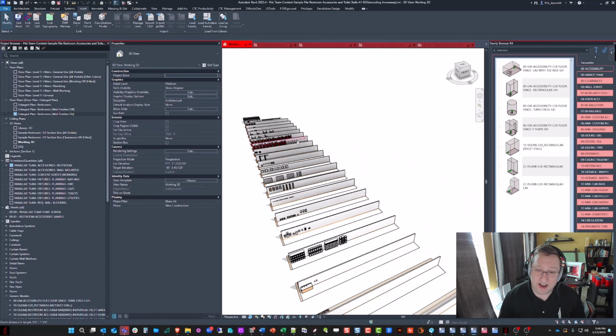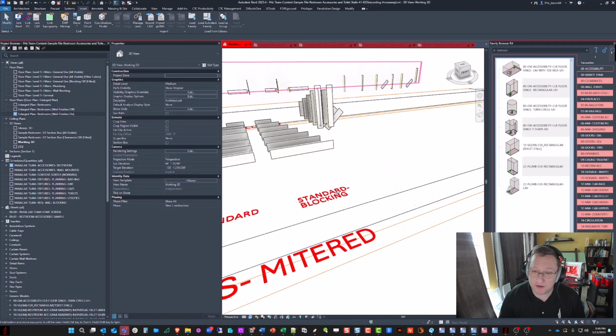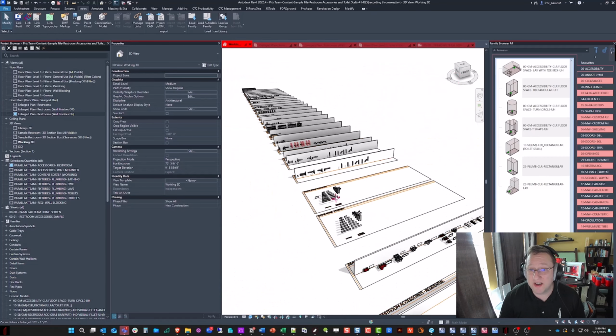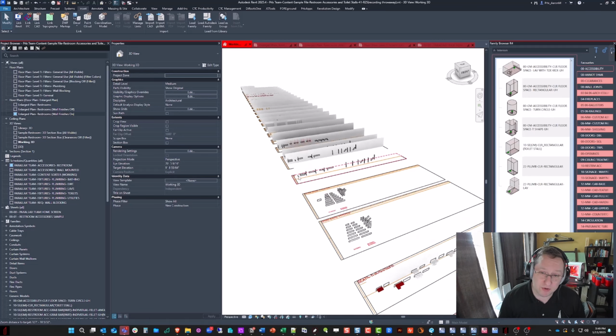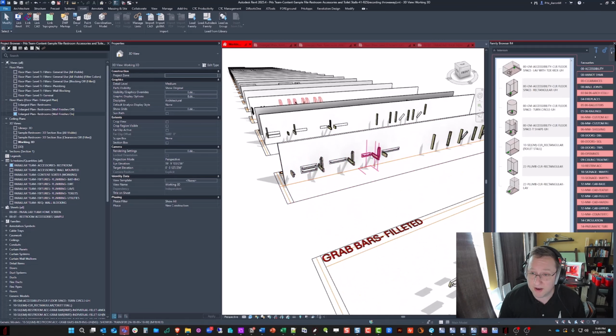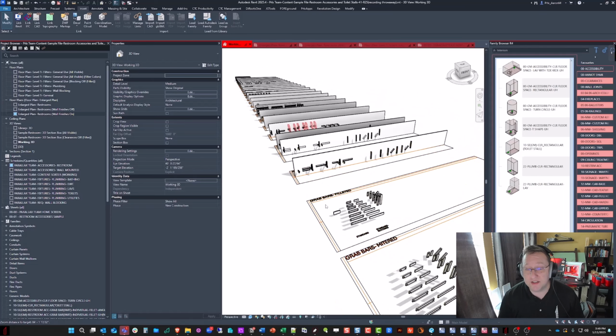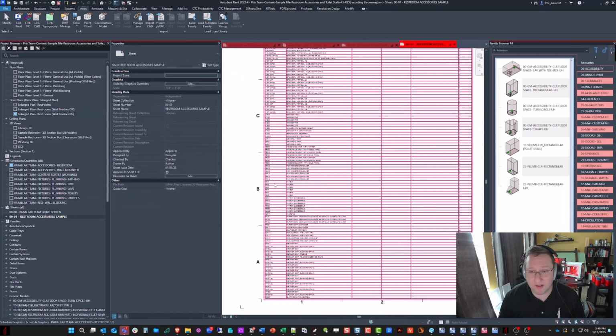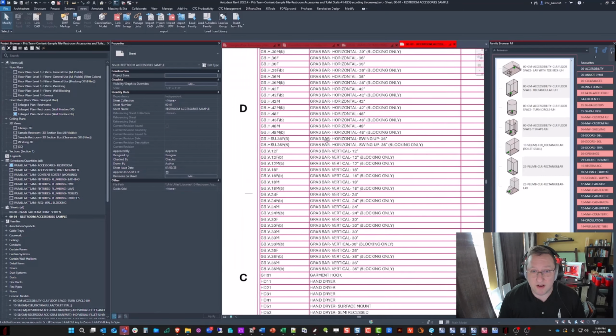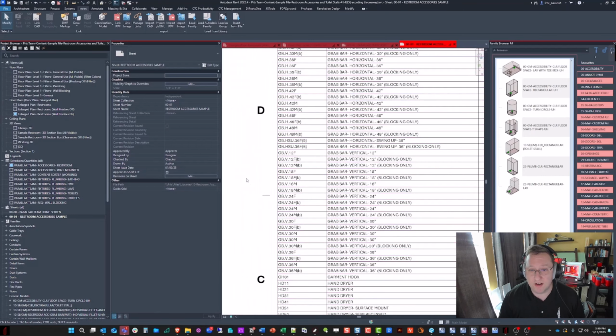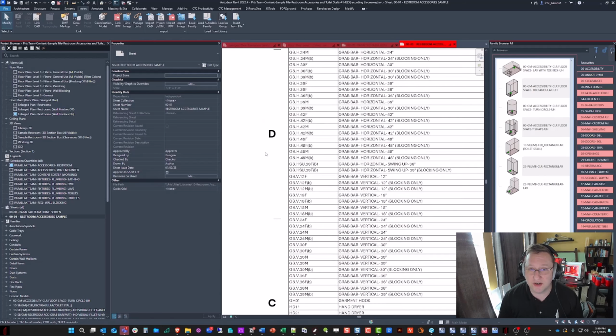Because we were adding an entire new section of grab bars in the mitered grab bars, that has also meant that our item type tag values had to change to become more extensible. Whereas in the past we had grab bars 1 through 5, suddenly there are now angled grab bars, there are more vertical options, because the grab bar library has also expanded to encompass our modified bathing library. Because of all of the additions in the grab bar library, this has also meant that now we've had to restructure their item type tag or type mark value to be a little longer so that it could encompass all